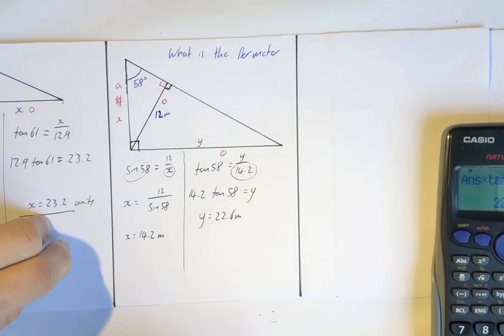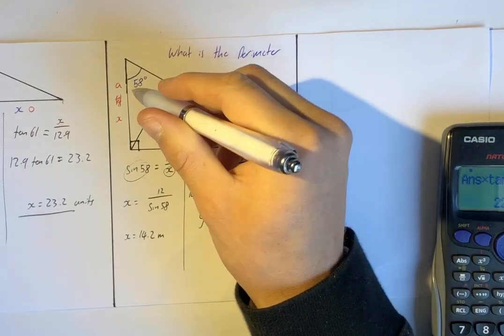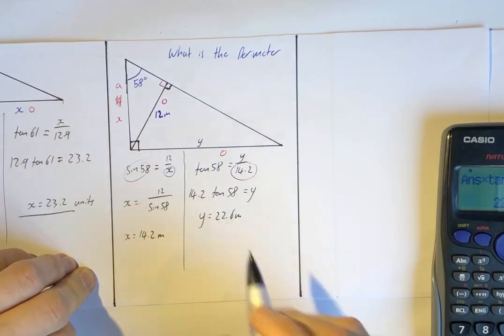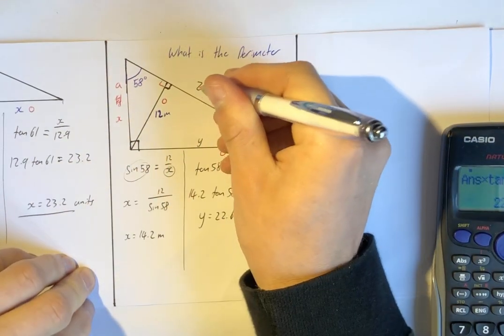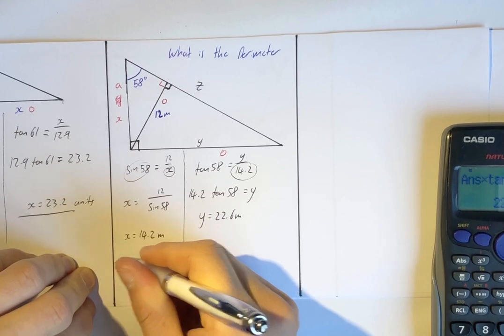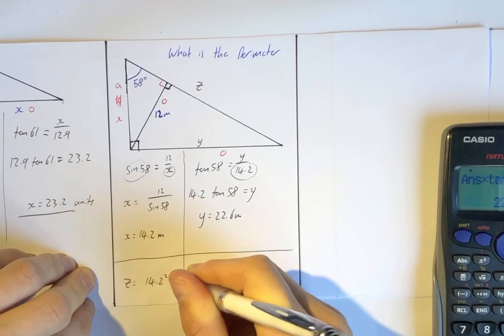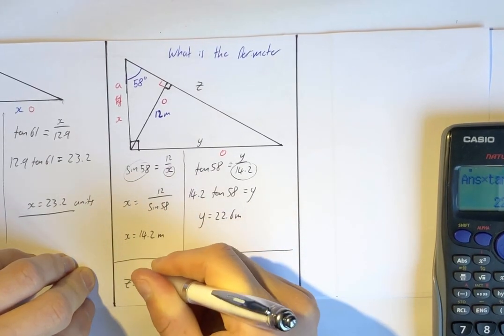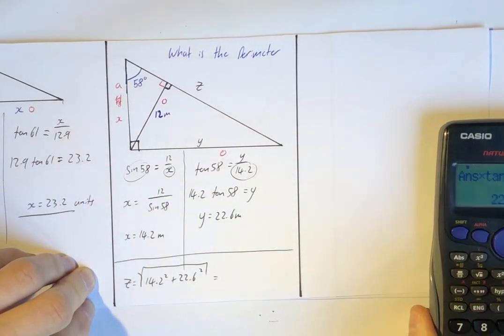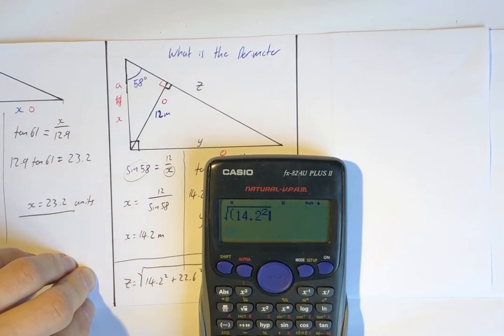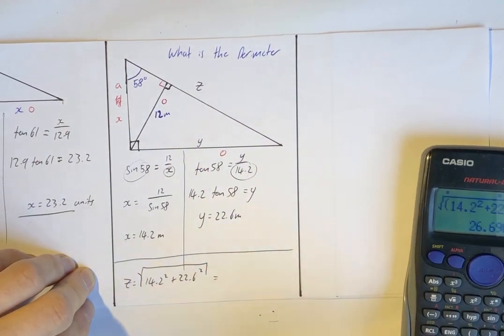Okay, and now you could use right angle trig to calculate this side here, or it is a hypotenuse with 2 given sides. We can actually use Pythagoras. So down the bottom here, Z is 14.2 squared plus 22.6 squared, and that's all square rooted. So I go square root in brackets 14.2 squared plus 22.6 squared, close that bracket. Z is 26.7